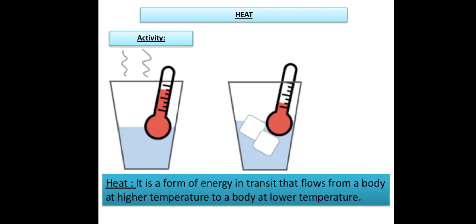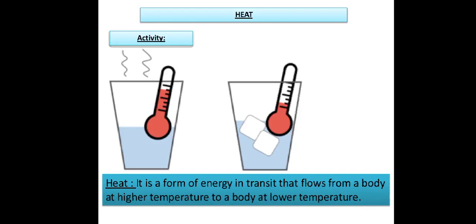As we know, bodies which are in contact achieve thermal equilibrium due to transfer of heat energy. Here, in the thermometer placed in the hot water, there is a rise in the mercury level because the heat energy from the hot water got transferred to the mercury. Here, the hot water is a hotter body, whereas the mercury is a colder body.